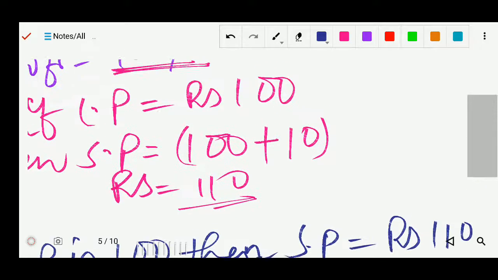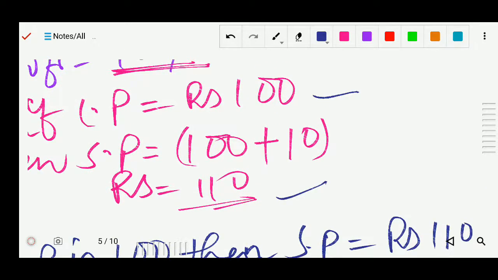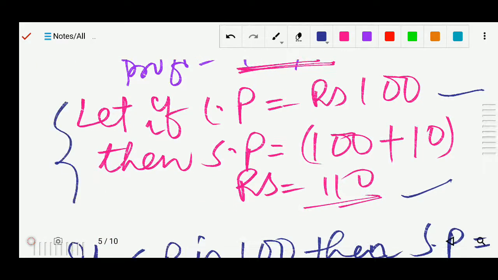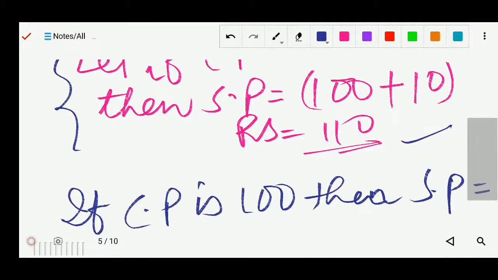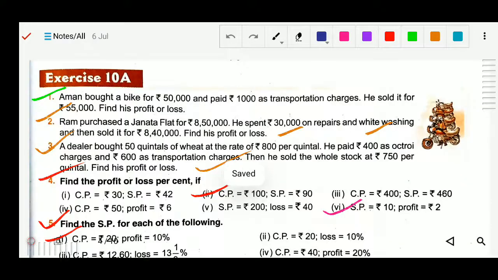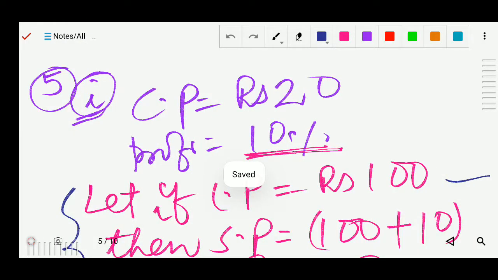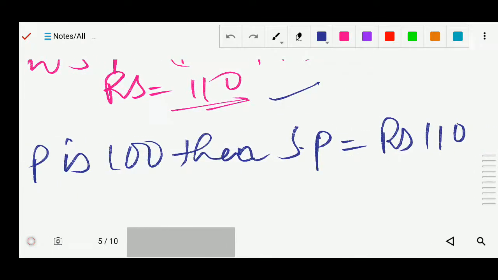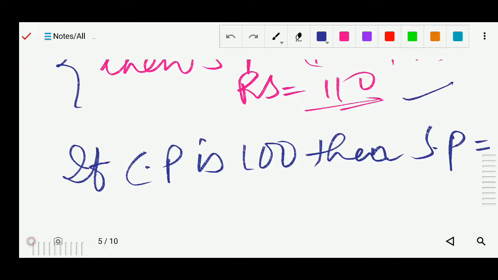If the cost price is 100, what is the selling price? Because it is already assumed, these all are the assumptions only. These two statements are the assumption only, we only suppose that. So that's why if cost price is 100, then what is the selling price? 110. You can see what is the selling price? 110. So that's why I write 110. So in the unitary method, आपको पता है यूनिटरी मेथड में हम लोग क्या करते हैं, हमेशा हम लोग फाइंड करते हैं कॉस्ट ऑफ वन क्वांटिटी, वन आर्टिकल, एक का पता करेंगे कॉस्ट ऑफ वन. सो दैट आई विल यूज हियर.